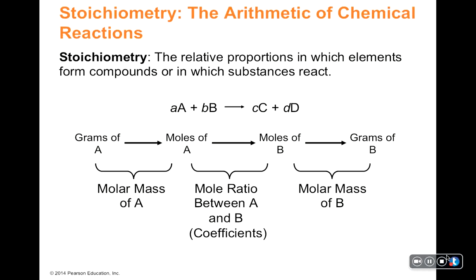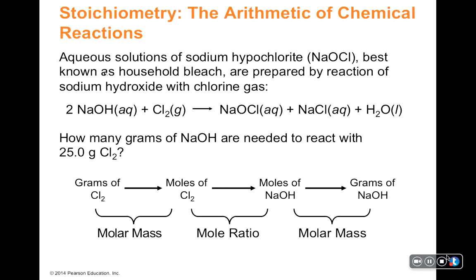Now we can start getting into some stepwise types of problems here now that we know a few things. Now that we know relationships of moles in a formula, we know a relationship between grams and moles, and we can also use what's known as a mole ratio, which I'll describe in the next set of problems here. So this is a typical type of stoichiometry problem where you're given an equation and you're asked some information about that equation. So aqueous solutions of sodium hypochlorite, this is bleach, are prepared by reaction of sodium hydroxide with chlorine